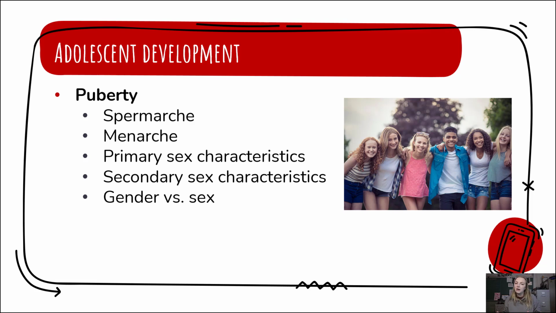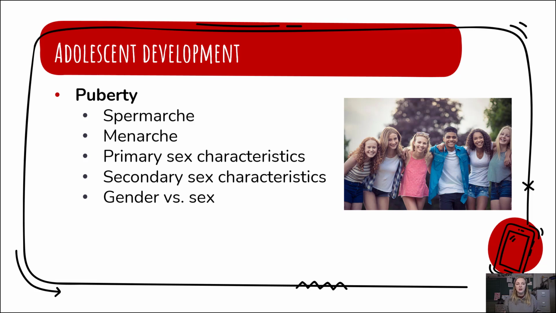You heard me talk about secondary sex characteristics, so let's define the difference between primary and secondary sex characteristics. First of all, sex characteristics are any of the traits associated with sexual identity. Primary sex characteristics, for example, testes in males or ovaries in females, are directly involved in the reproduction of the species. So this would include the first menstruation and the first ejaculation. Secondary sex characteristics are features not directly concerned with reproduction, such as voice quality, facial hair, and breast size. These things happen because of those primary sex characteristics maturing.